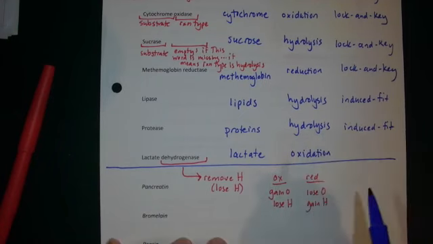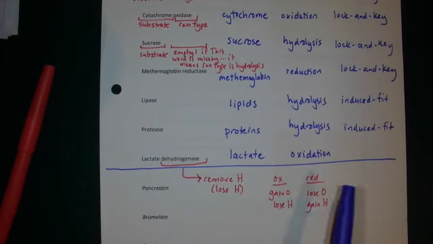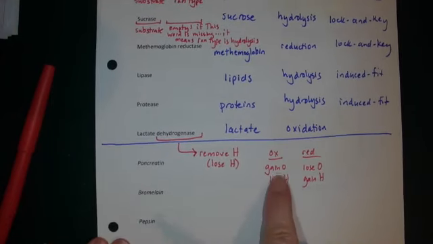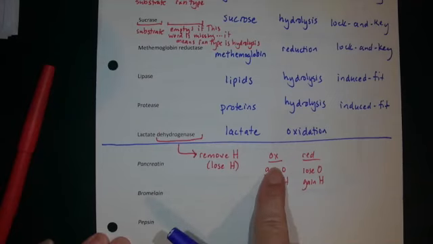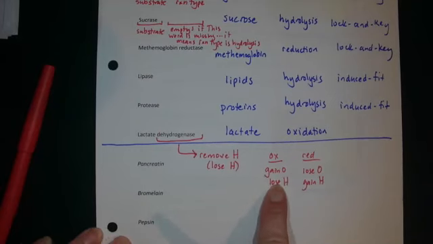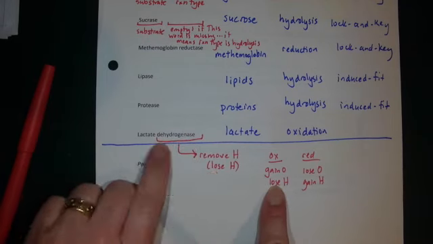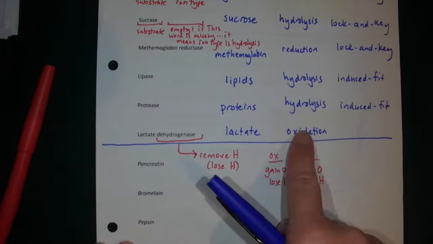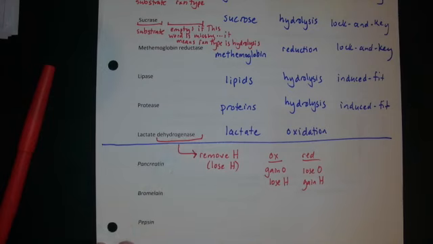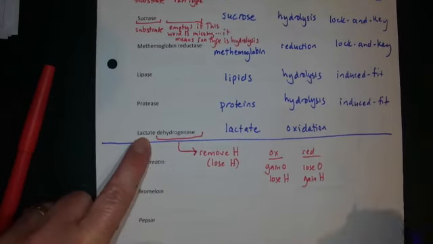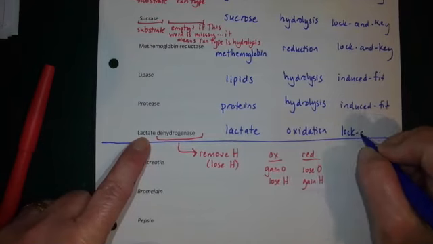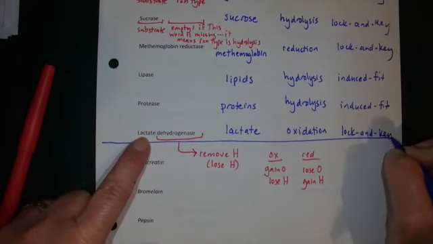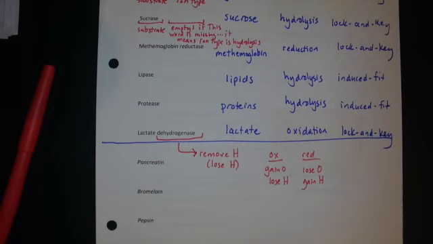You might say, wait, why don't they just call it lactate oxidase? It's because the lactate is not actually gaining O, it's losing H. Those are two different ways that oxidation can happen. And so this name is indicating it's oxidation because that molecule's losing H. But when you recognize what oxidation is, then you can recognize this as an oxidation reaction. Lactate is a very specific molecule, not a category, and since it's the name of a specific molecule, that means that lactate dehydrogenase follows the lock and key model of enzyme function.